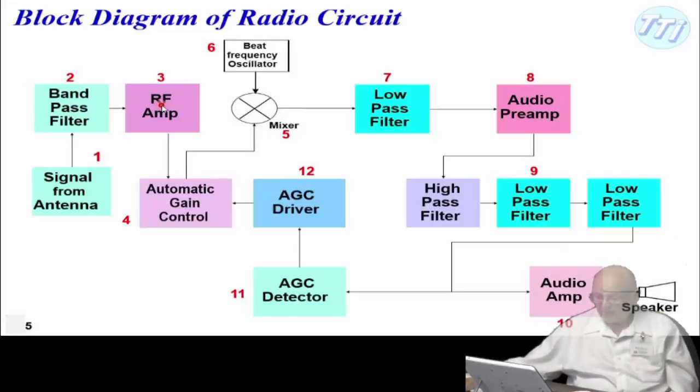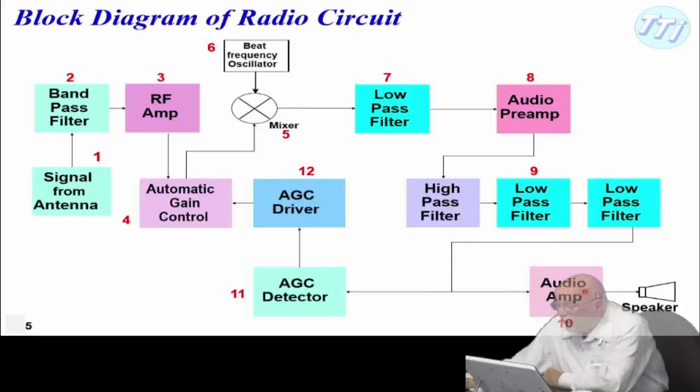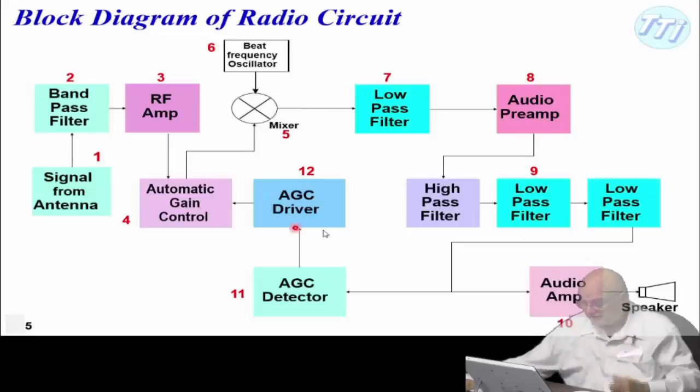Here's the RF amplifier. Here's an automatic gain control signal that's taking feedback, combining it, then going into the mixer. That's a typical symbol you'll see for a mixer. This is the beat frequency oscillator. That's the oscillator that's going to provide the signal that allows you to get the sum and the difference signals. Here's a low pass filter, audio preamplifier, high pass, low pass, and it goes into the audio amplifier, which drives the speaker, and then it also samples that signal and goes back here and allows it to adjust either plus or minus